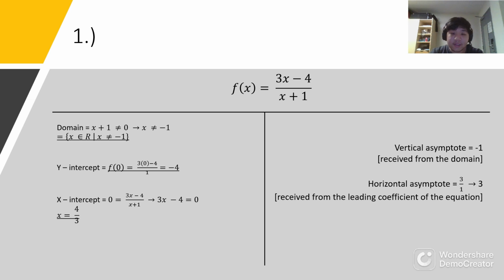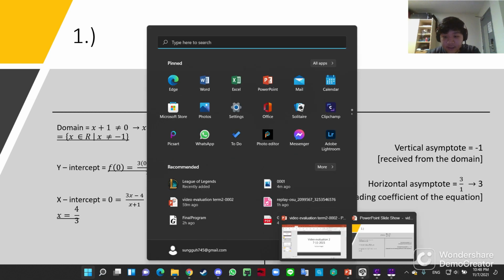Now, there are no holes in this function, and one way to prove it is that the denominator has no factor that can be reduced or simplified from the numerator above. Hence, this is why I used asymptotes and I did not write down any holes. Since we have every single answer that the miss asked us to do, we can simply move on to Clip Studio to help us with